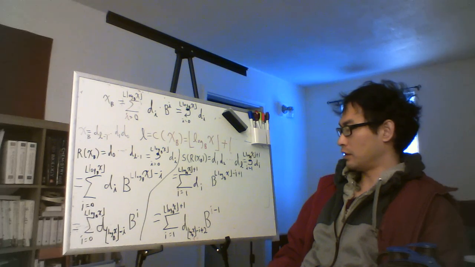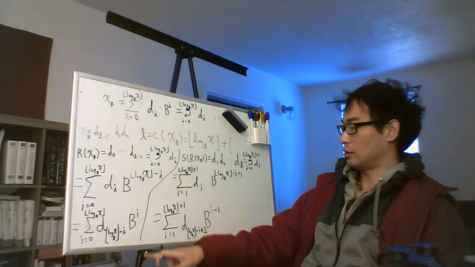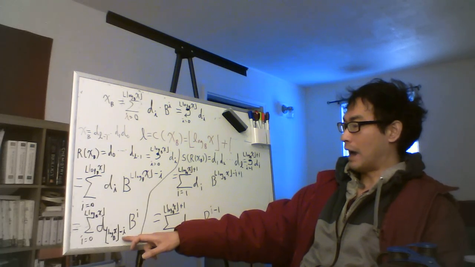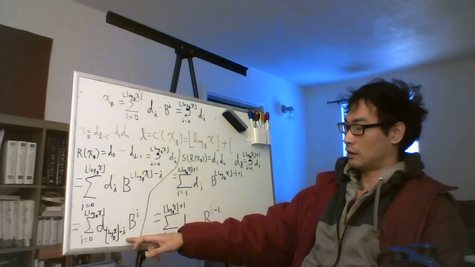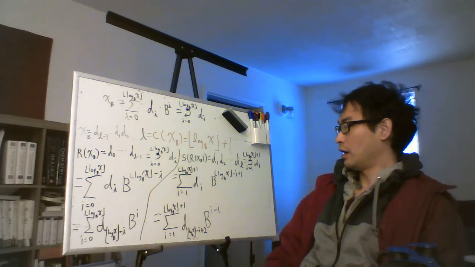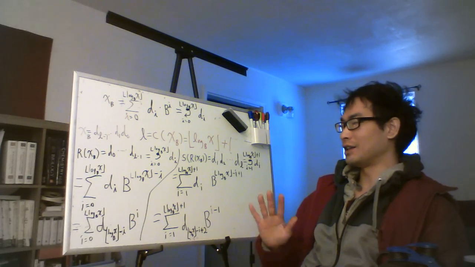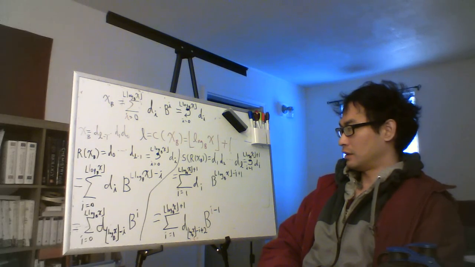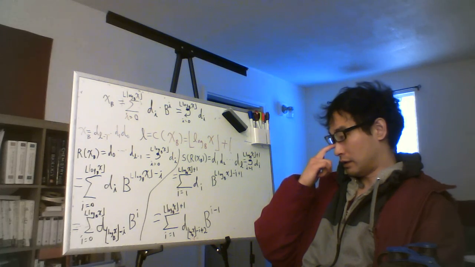Why is this the case? Because we are substituting i minus 1 for i. So here, minus (i minus 1) becomes minus i plus 1. And we are also adding 1 here, and that's why we have to add 2. It's a little bit involved. But yeah, this is correct. Now it makes sense.